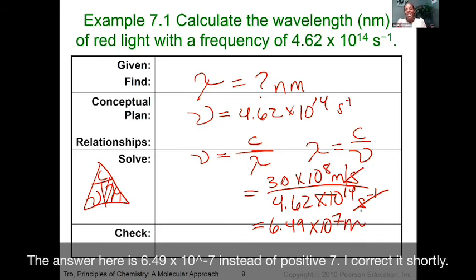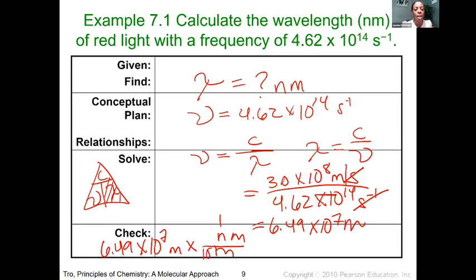But now notice it does ask us to solve for the problem in nanometers. So we would want to do a quick calculation to convert. If you don't remember your conversions, go back to our chapter 1 videos where I talked about conversions. So we would do 6.49 times 10 to the 7th meters, and we're going to convert to nanometers real quick. We put meters on the bottom, nanometers on the top. 1 nanometer is 10 to the negative 9 meters. And so we multiply that number by 1e to the negative 9. And we end up getting